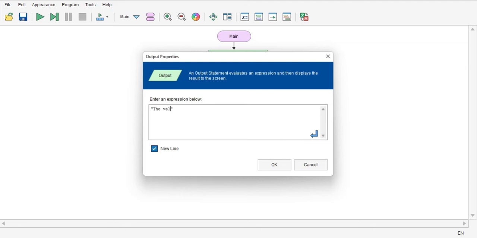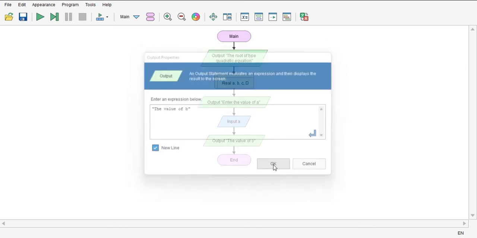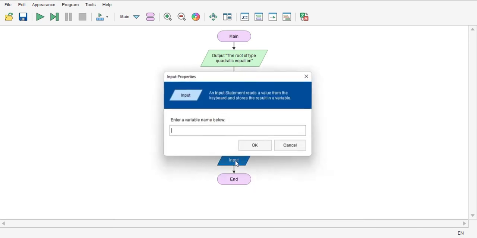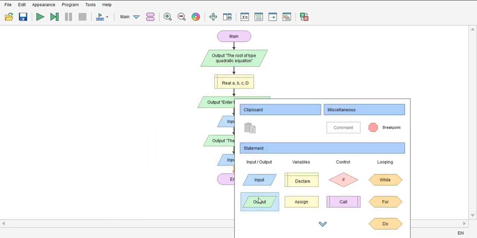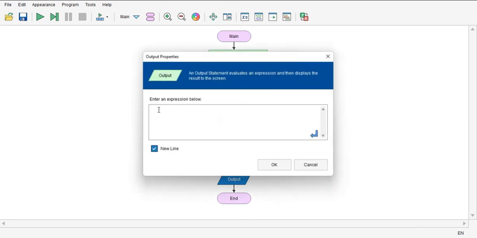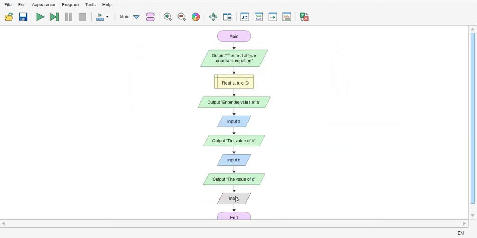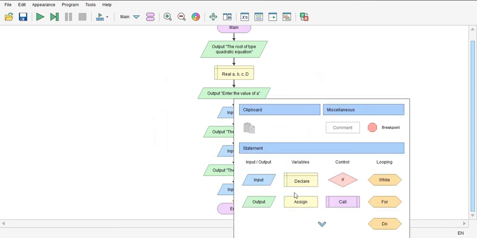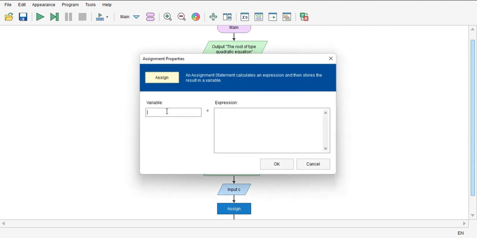Enter the sentence the value of B. Click OK and input B, choose output, and then enter the value of C. Click OK and input C. Click OK, and then click the bottom arrow and assign, and the variable is D. The equation is B squared minus 4 star A star C. Click OK